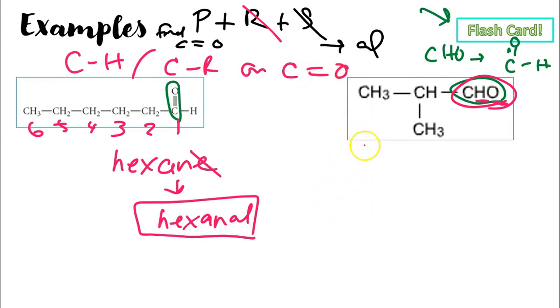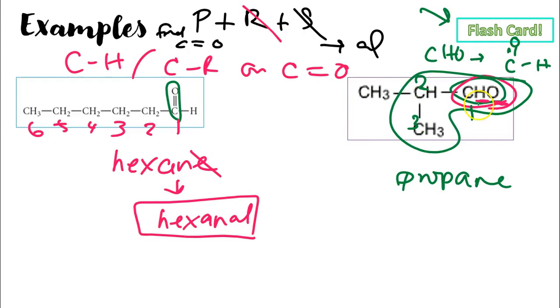So we see that here. Now let's go ahead and count to get our longest parent chain. So we have 1, 2, 3, or we have 1, 2, 3. Either way it goes, this is going to be our carbon number 1. So that's actually pretty good. We have 1, 2, 3. That's going to be our little parent chain here, for example. So 3 is going to be